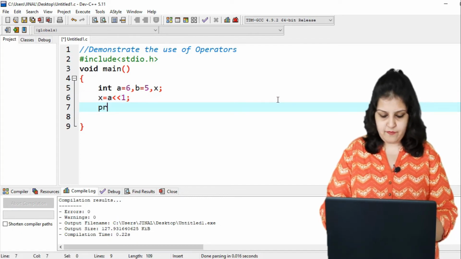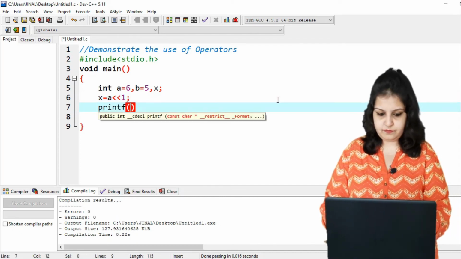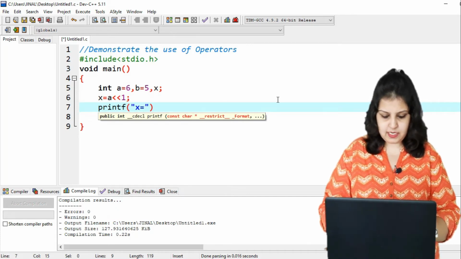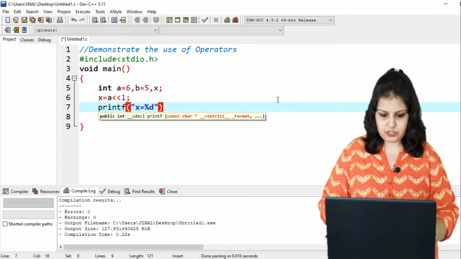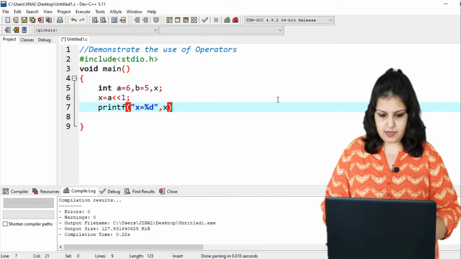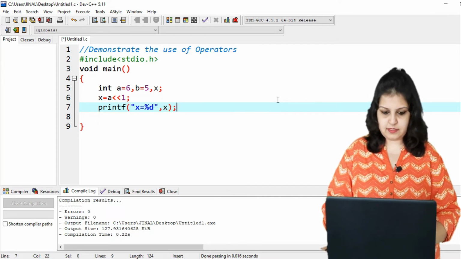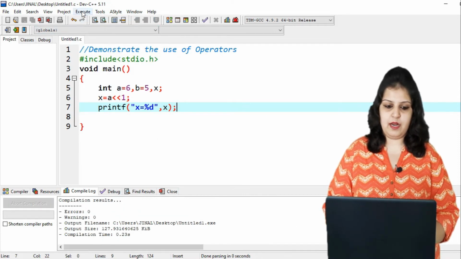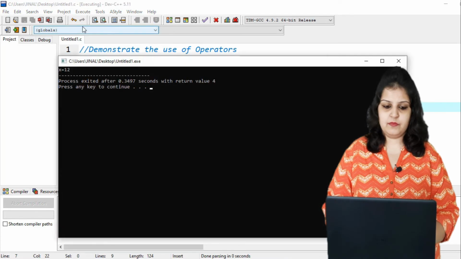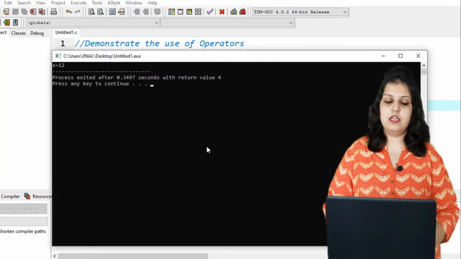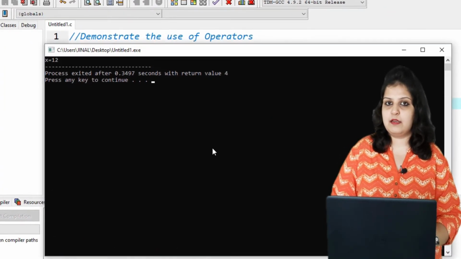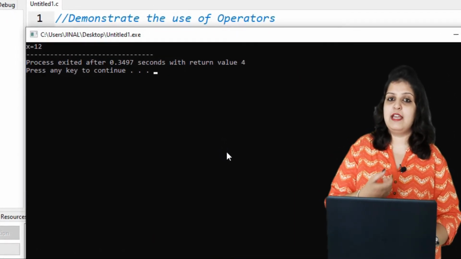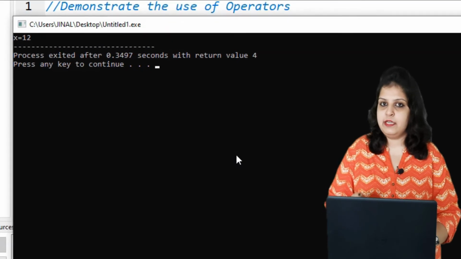So just print the value of x. x is equal to %d comma x, and compile the program, run the program. So here the output is x is equal to 12. Why? Because all bits are shifting left, that's why our number's value will be increased.